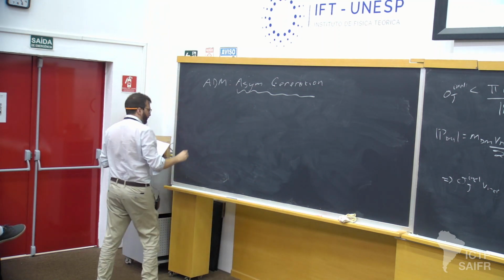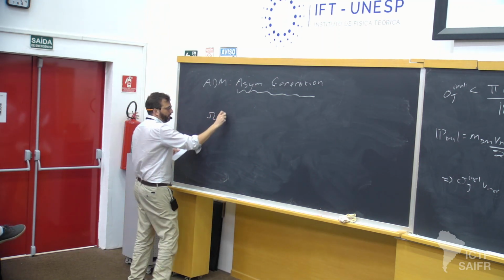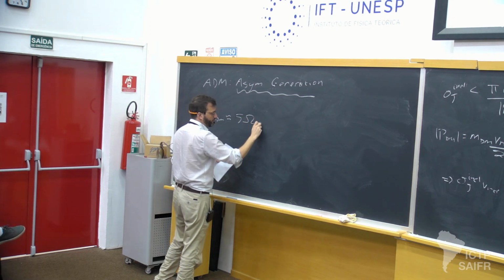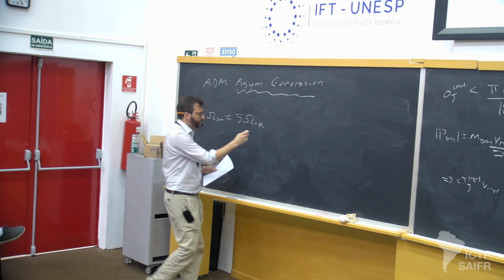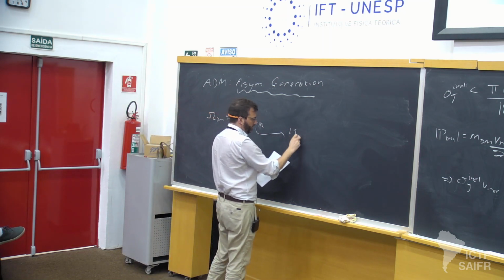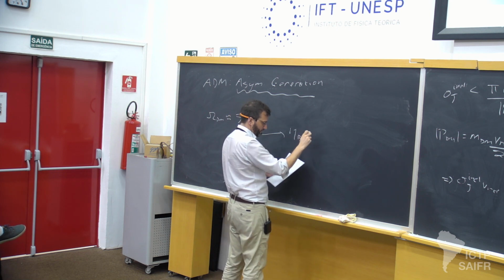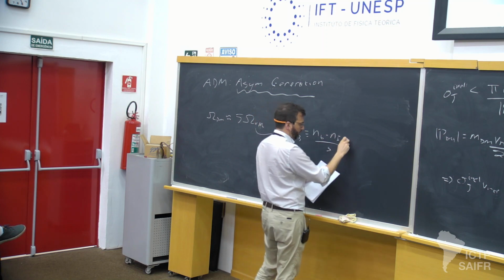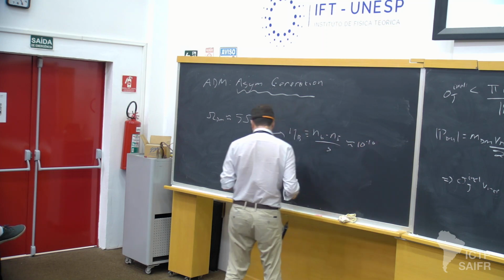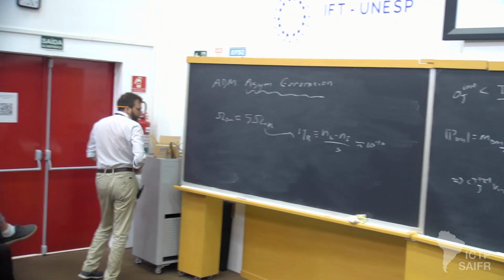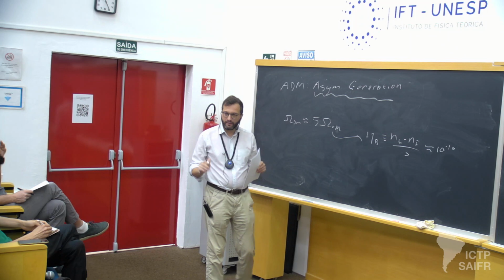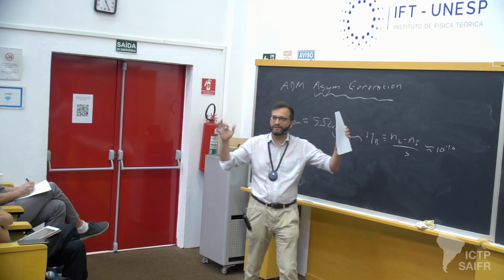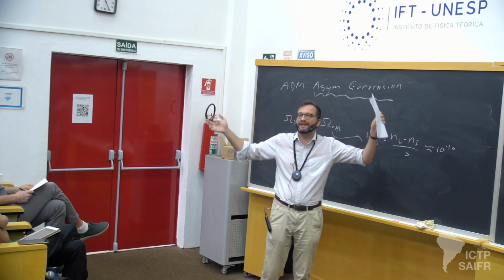Okay, so what do we know? We know that omega dark matter is approximately 5 times omega visible matter, okay? And the visible matter density is set because of this asymmetry in the number of baryons minus antibaryons. Okay, now we're going to look at asymmetric dark matter models, and I'm going to give you sort of an overview. Yeah, there are many, many papers in the literature on asymmetric dark matter. I don't know, 500, 1,000.